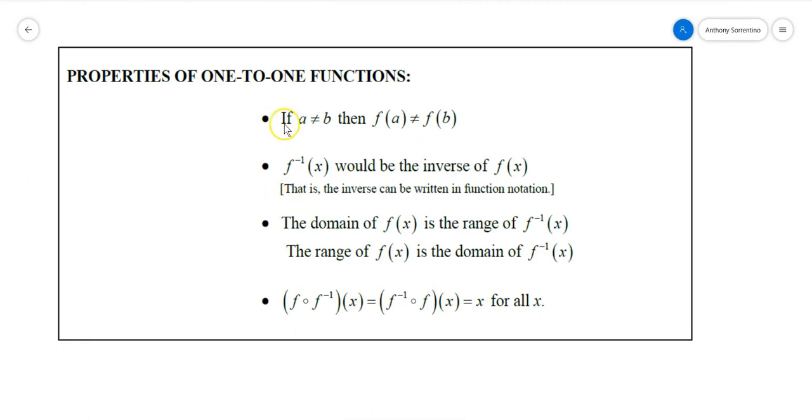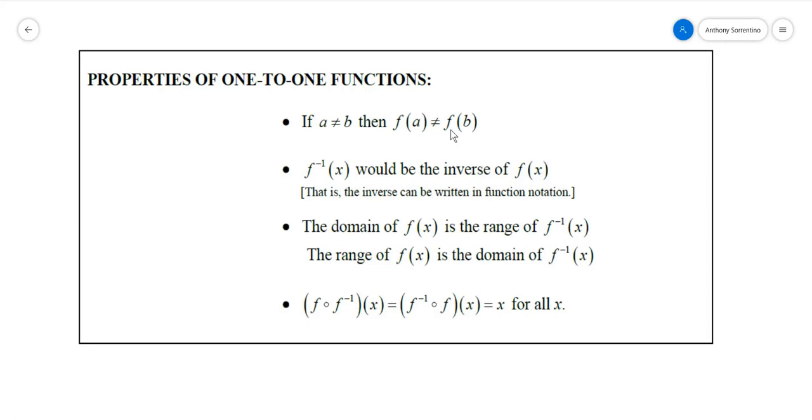So if A doesn't equal B, then f of A doesn't equal f of B. So basically, different x values should always produce different y values. So I shouldn't see any repeating y values either. Terminology, as I've shown before, f of -1 of x is how we would indicate it's the inverse of f